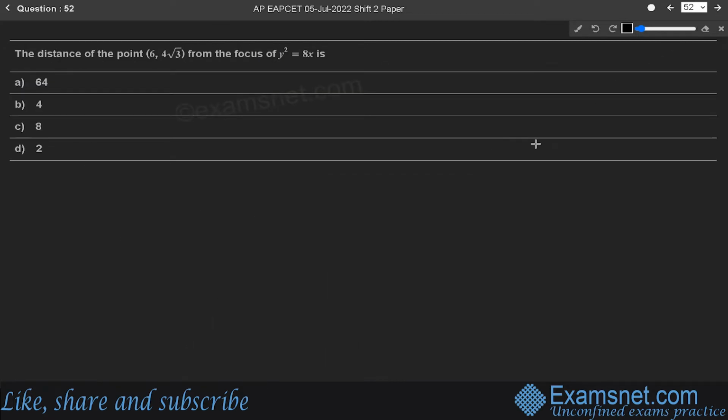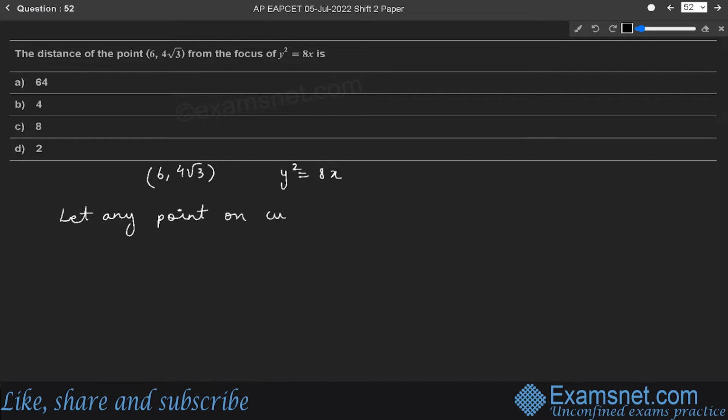Next question is, the distance of the point (6, 4√3) from the focus of y² = 8x is. We have to find the distance, and the point is given, which is (6, 4√3). And the focus is given by y² = 8x. Now, let any point